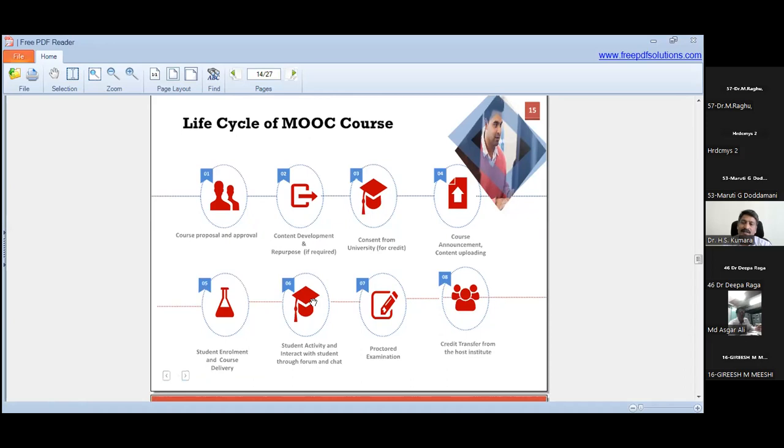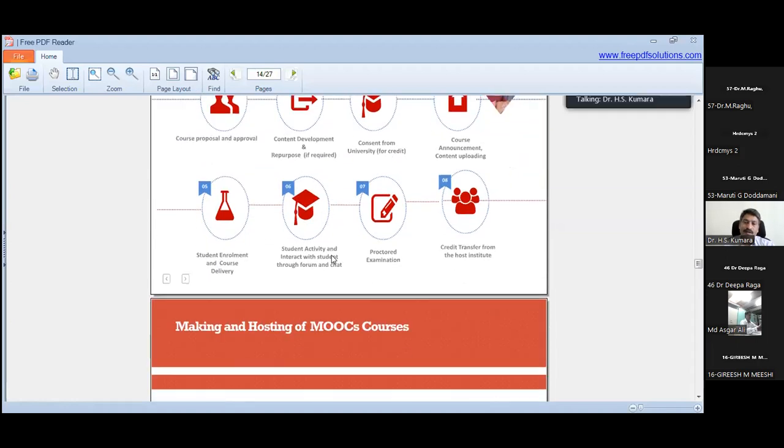Later you can go through these various life cycle stages and see the procedure to be followed after the content is prepared, and how to upload it. At present, at our University of Mysore, the Education Multimedia Resource Center will take care of all these uploading procedures. As soon as your content is ready, you can submit it to your national coordinator, who identifies a multimedia resource center within the jurisdiction or premises of the university to handle the uploading.